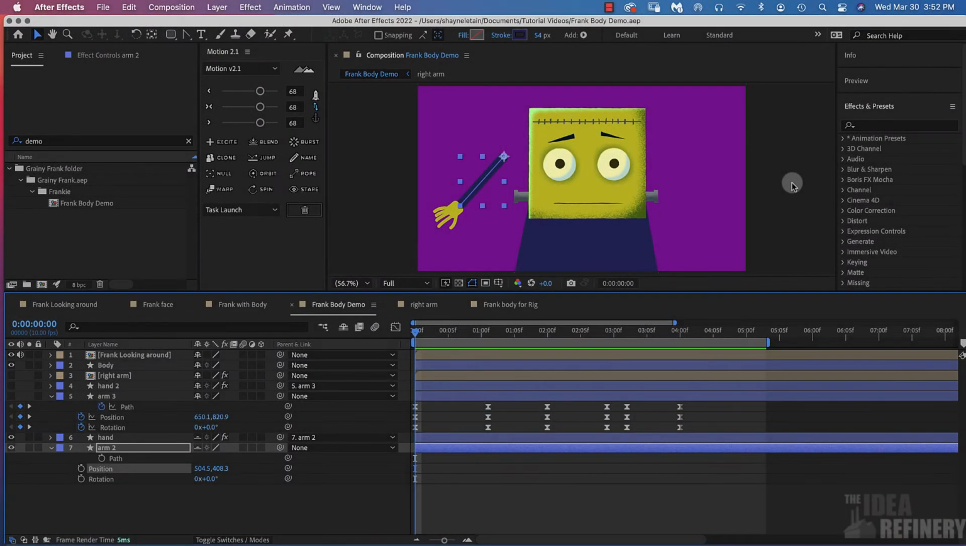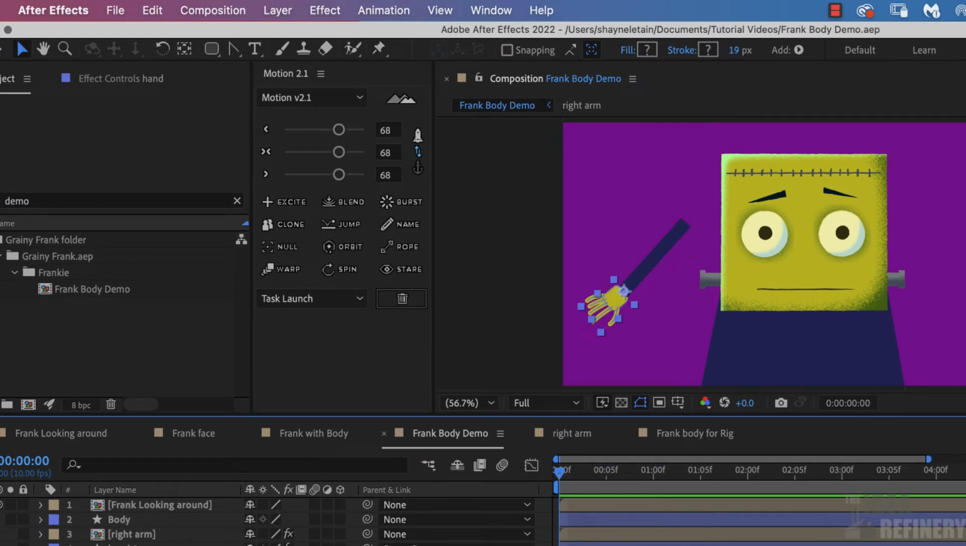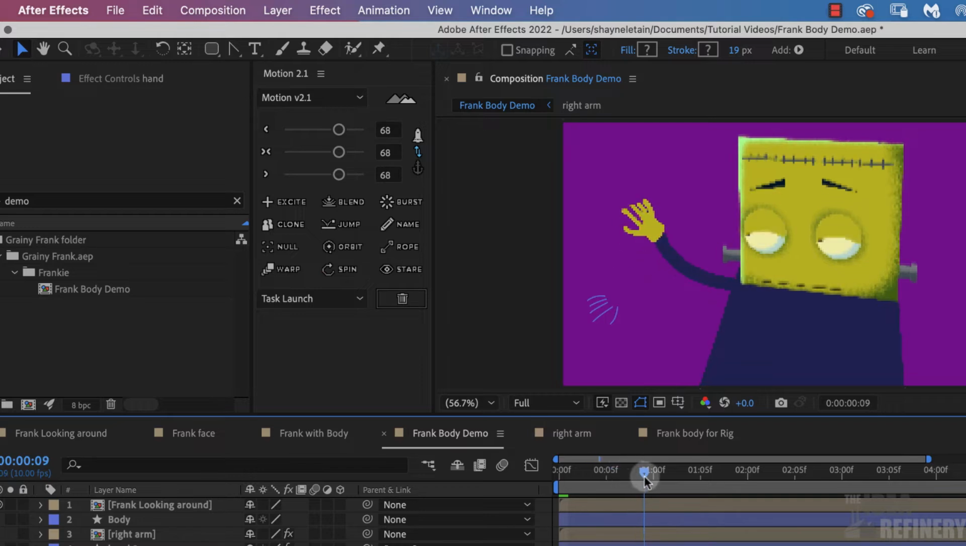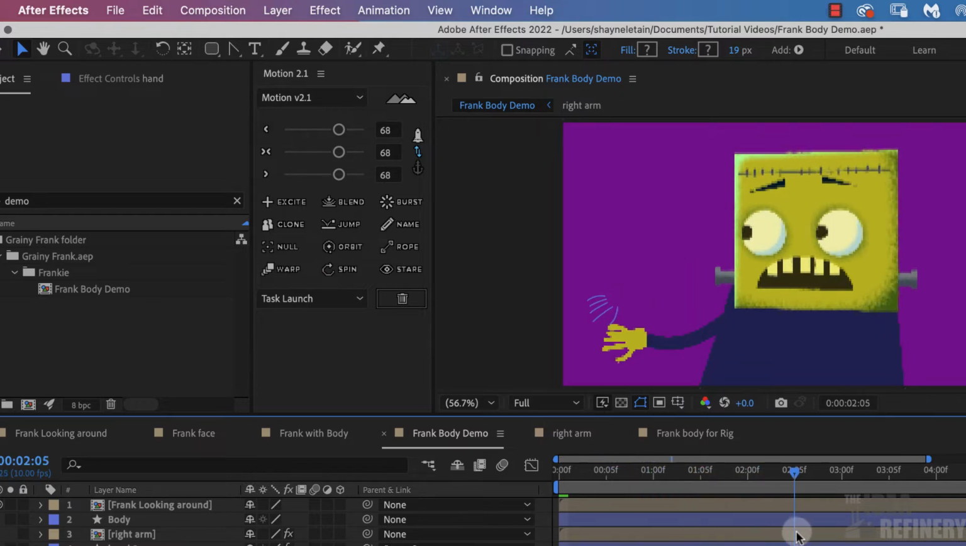In this video, we are going to be continuing on with our Frankie animation. Particularly, we're going to put some arms on him. We're going to start off using After Effects shape creation tools to create an arm and a hand. Then, by using simple parenting, we are going to begin animating that hand and arm to follow along with the